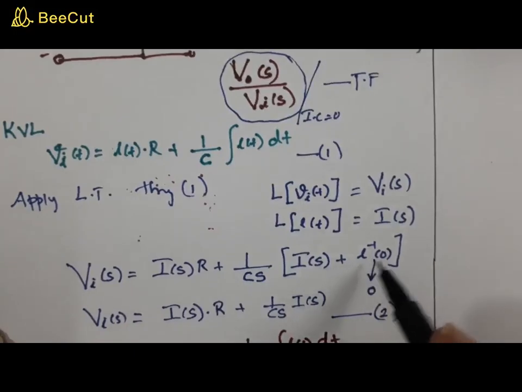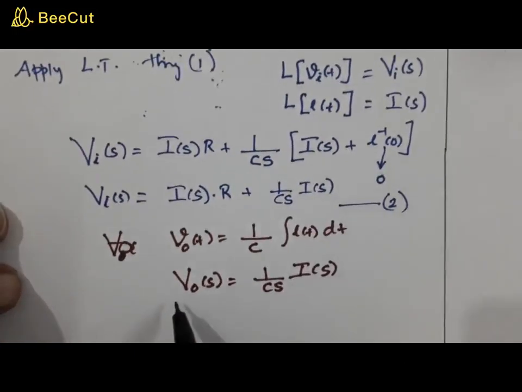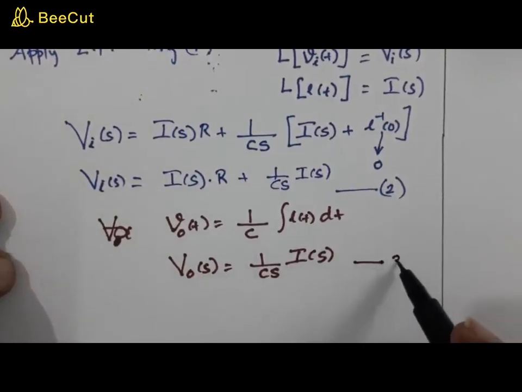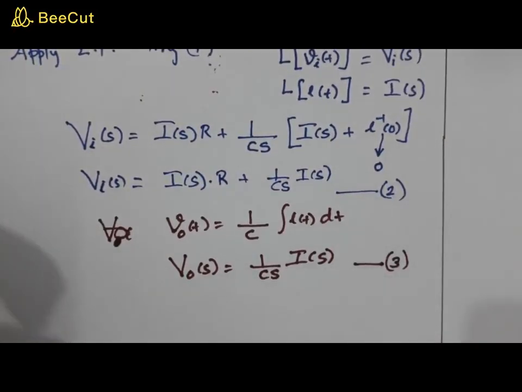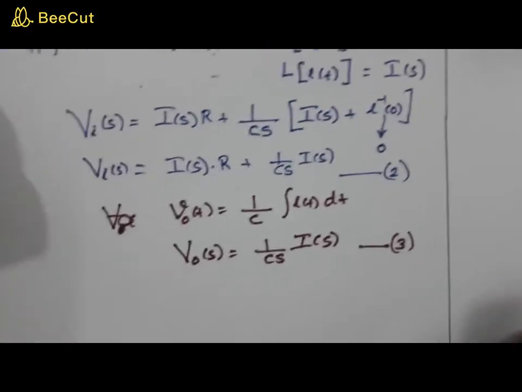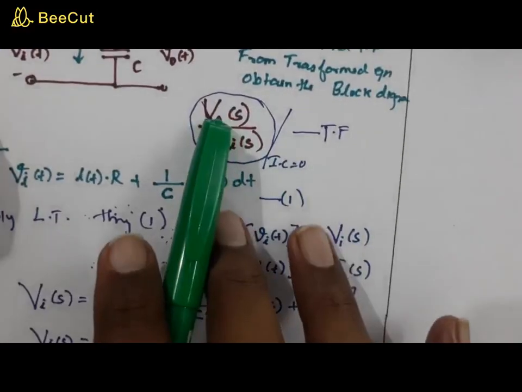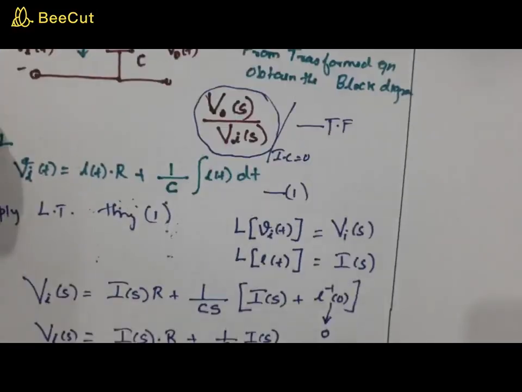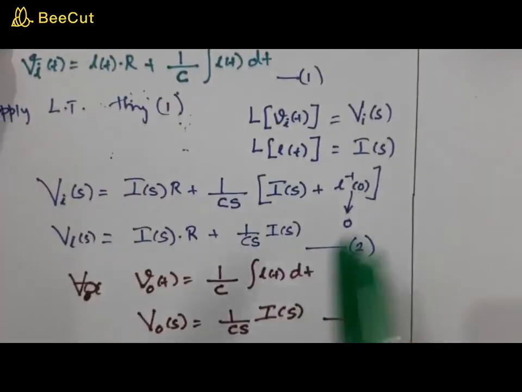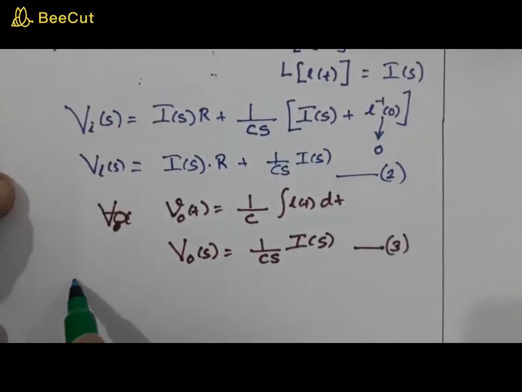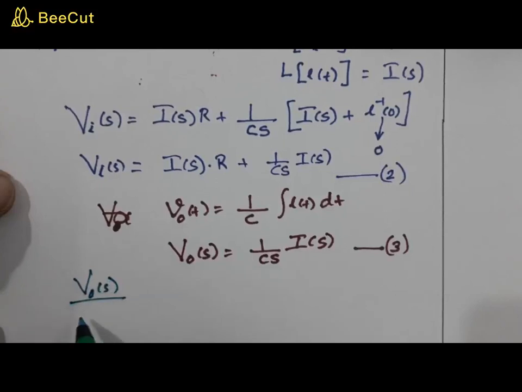I'm not going to write it again, the explanation is the same. So v0 of s is equal to 1 by cs into I of s, and I'm calling this equation 3. Okay, now the next step is what happens when you divide. Now we have got two equations, vi of s and v0 of s, and what is the transfer function? Transfer function is the ratio of that, and this condition is also met by substituting 0 for all the initial conditions. So writing that, v0 of s by vi of s is equal to